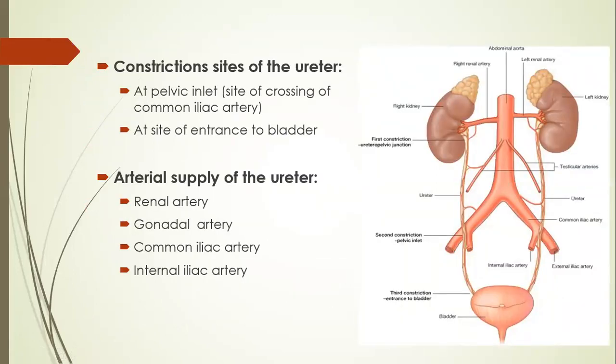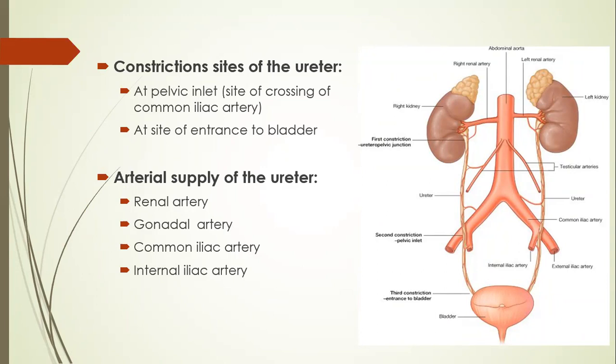Now coming to the constriction sites of the ureter. This you should know, because there are constrictions because of the renal stones. Sometimes the renal stones, or we call them kidney stones, might enter the urinary bladder, and when we pass a dye, the dye will show that there are constrictions. Before you study the pathology, these stones and their abnormal presentation, you should know the normal constrictions, because as I said, if there are stones, there will also be constrictions seen.